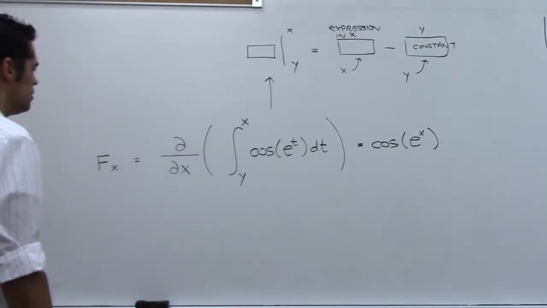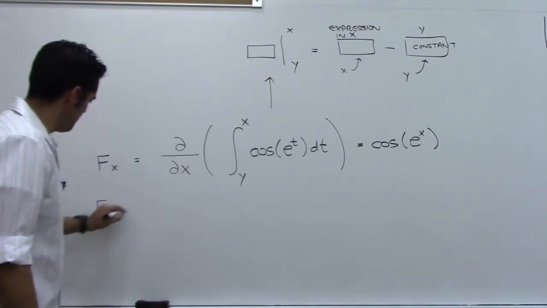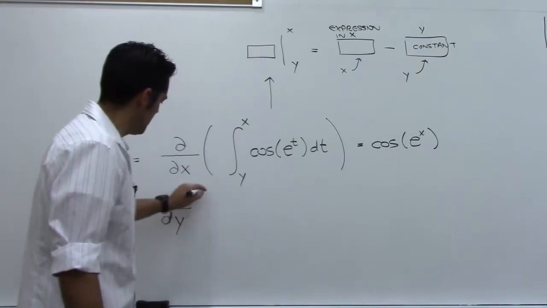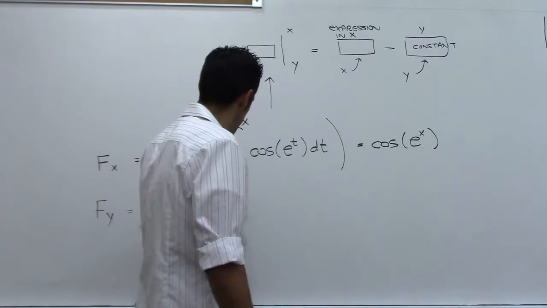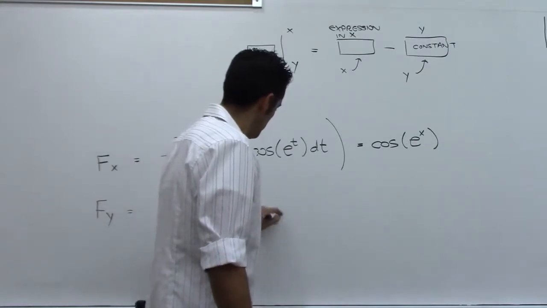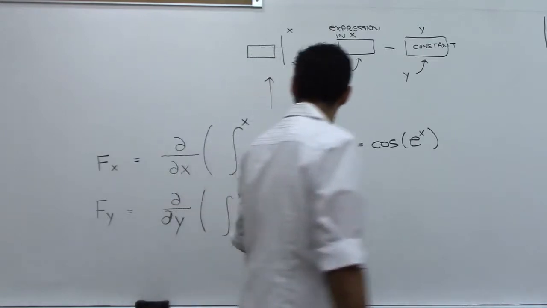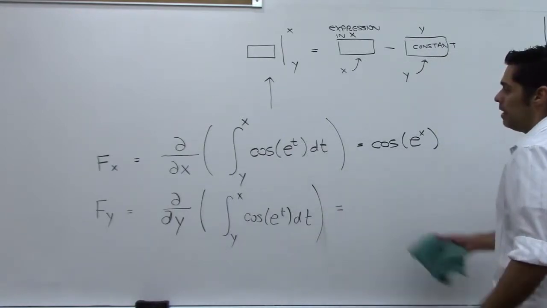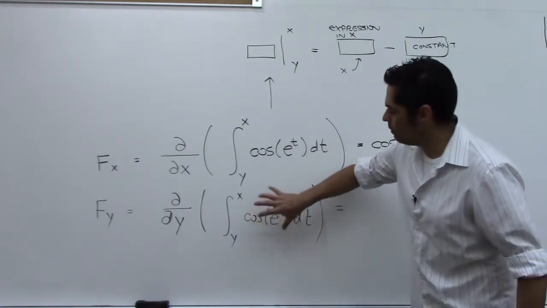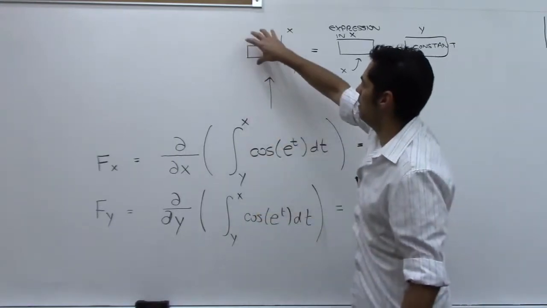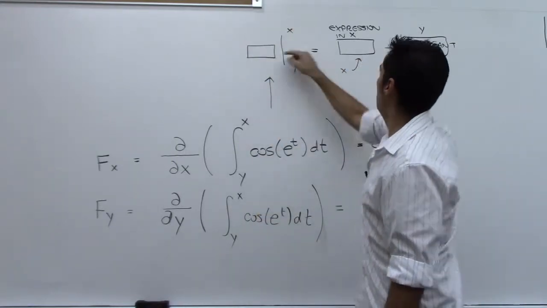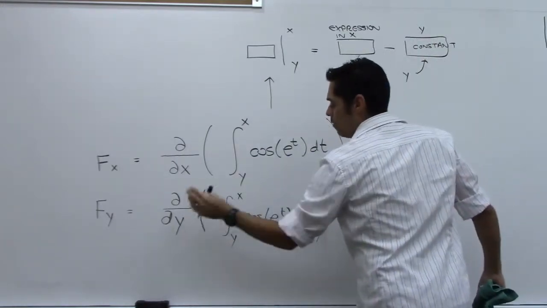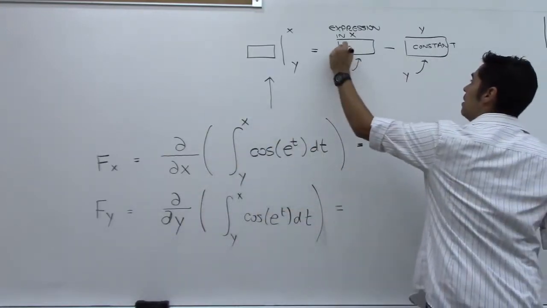Let's try it the other way. Let's do the partial with respect to y of this integral, same exact setup. Again, we find the antiderivative of this, which would be this box, whatever it is. We plug in x, we plug in y, and we get this. This time, it's going to be reversed because we're doing the partial with respect to y. y is the variable, x is a constant. When we plug x in, this will be a constant,